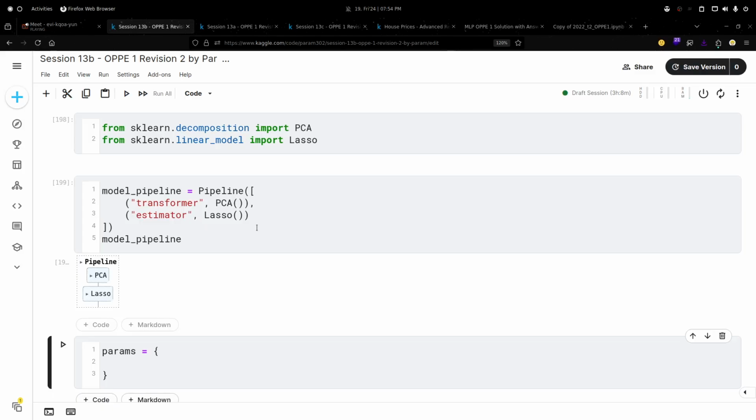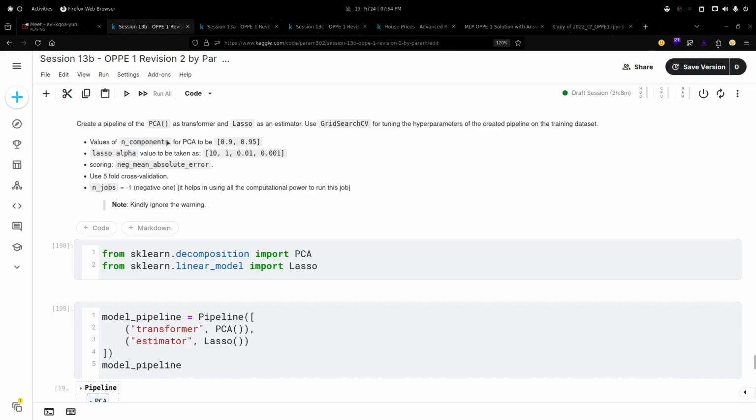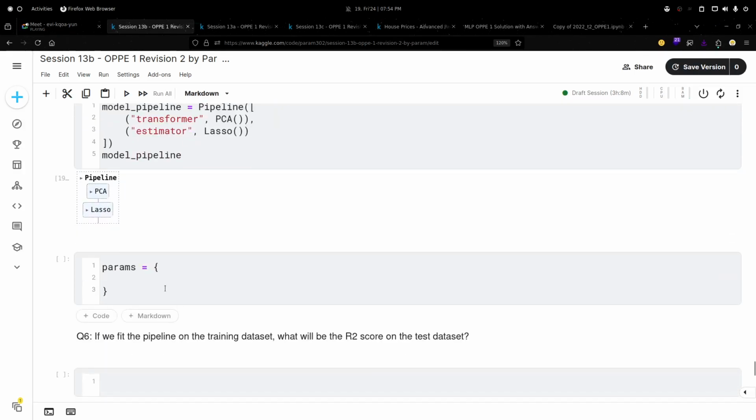How can you set it? Anybody knows? How can we set n_components for the PCA? Yes, tell me. The name with n_components equals. All right.